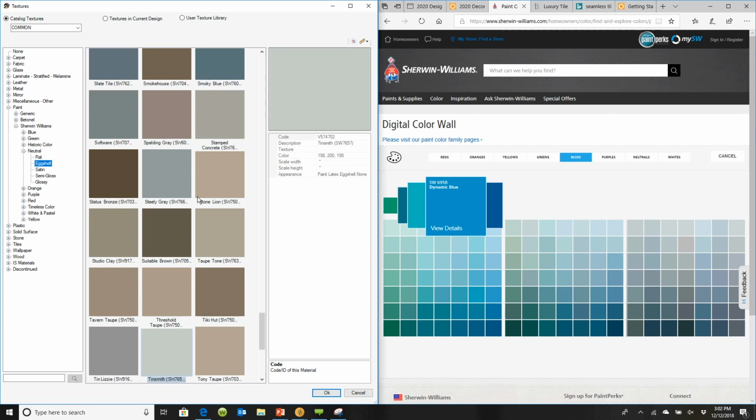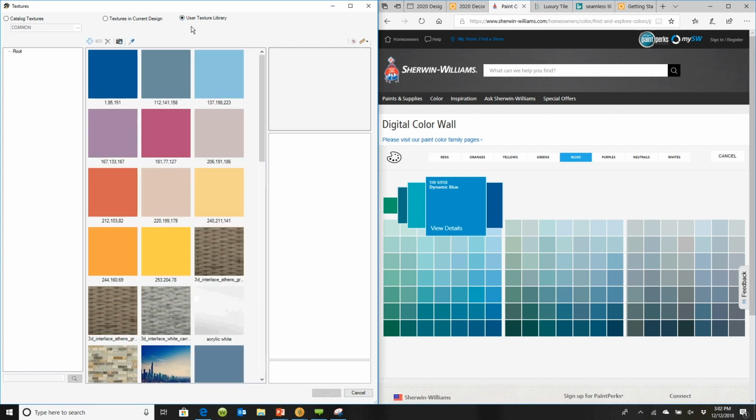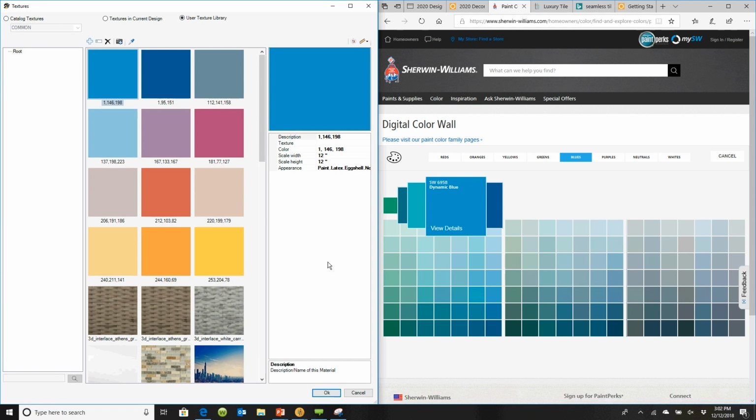Now, there's a button under User Texture where I can capture a color. This button looks like an eyedropper. If I drag the eyedropper over to Dynamic Blue, what an awesome name, Dynamic Blue, and I let the eyedropper go, see this box right here? Watch what happens. It just captured the blue. I now have Sherwin-Williams Dynamic Blue loaded into